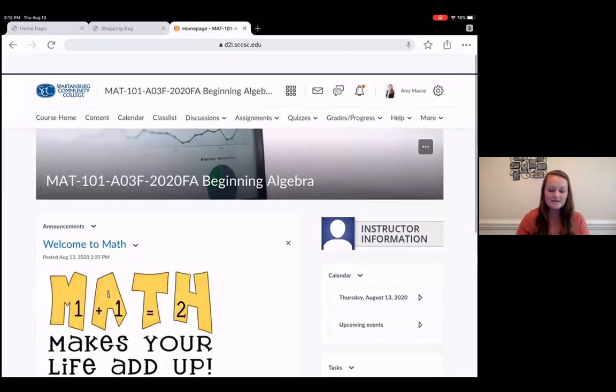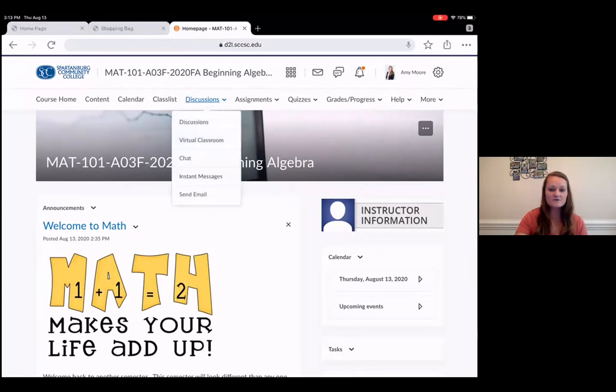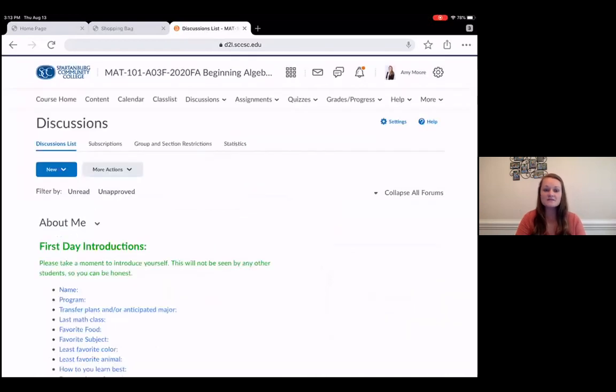If you get into D2L and click on whatever math class you have me for, or EDU 102 if that's the class I'm your teacher, and click on discussion board, so discussions right there in the top center, and then discussions again, you will see a discussion board post about you. I'm going to share a little bit about me in this video, and of course I want to know some about you.